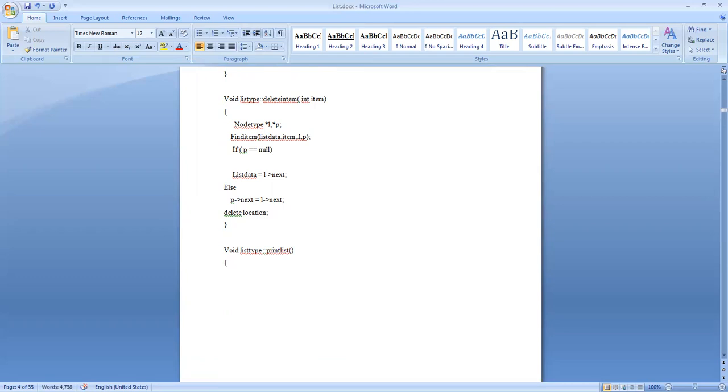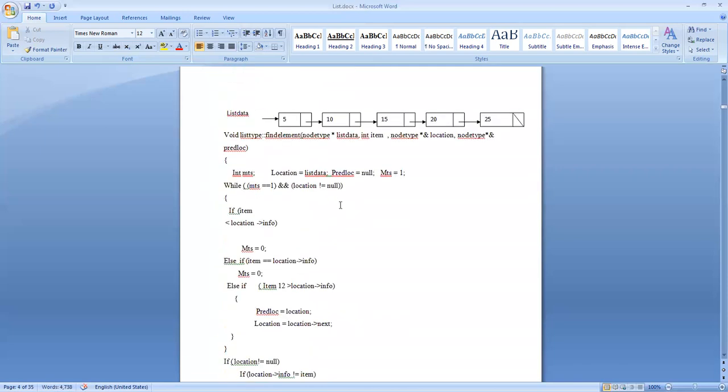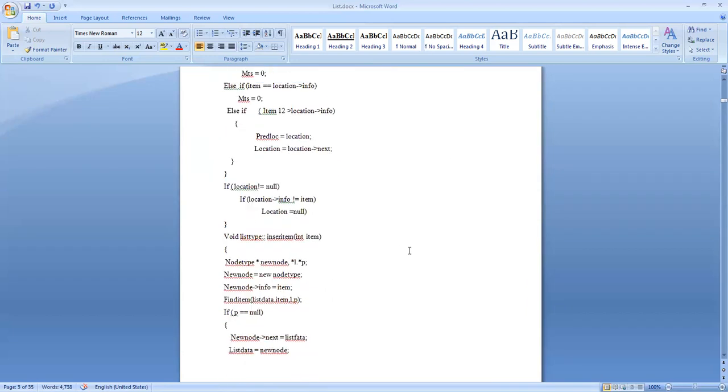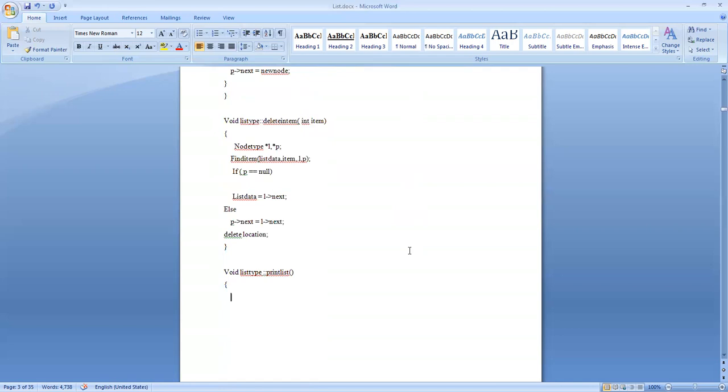It is simply like what we have used in the linked stack and linked queue. What we do, we make an auxiliary connection for this list data, maybe T. Then while T is not equal to null, I display cout T reference info. Then T next is given to T. So T next is pointing to this one. So when T next is given to T, T will be coming here. Then I display the value of 10. So this I will do as long as T is not equal to null. That is the logic we are going to follow.